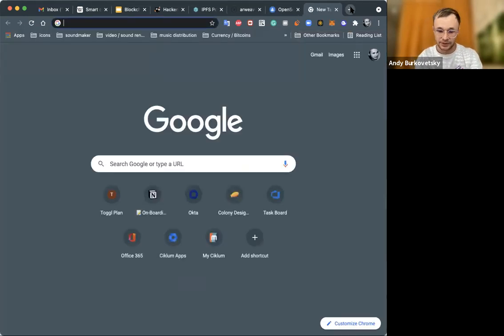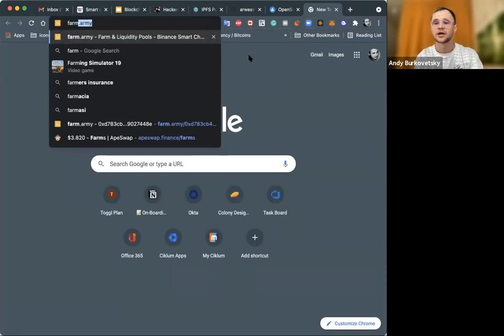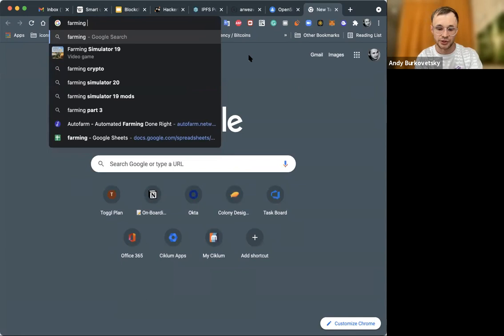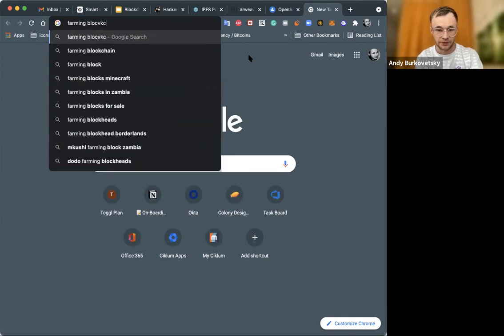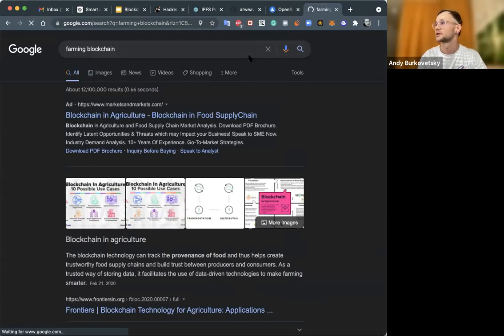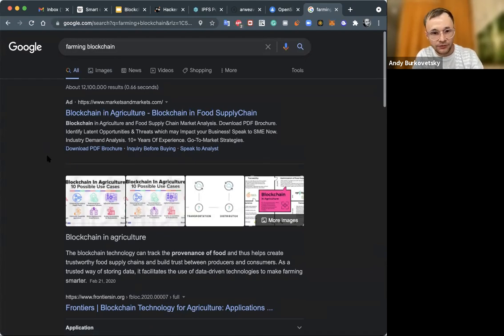Also really popular is what's called token economy, I would say. Farming on the blockchain, also called money puzzles, people call it. You can meet this term, farming.